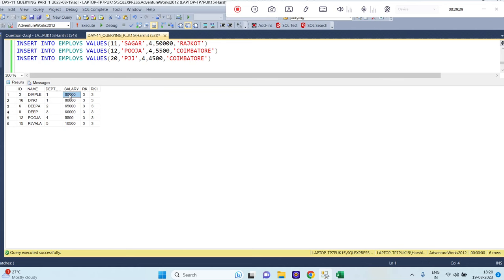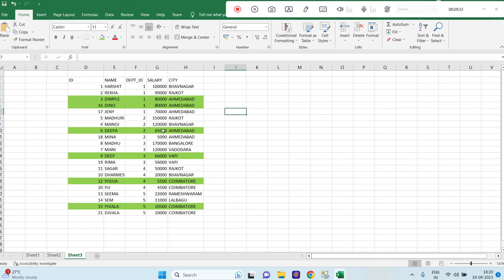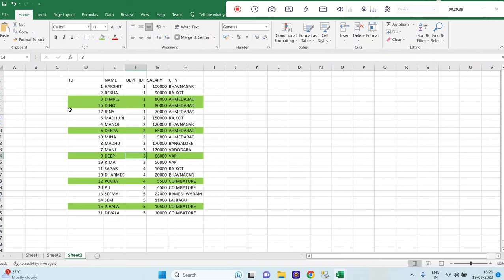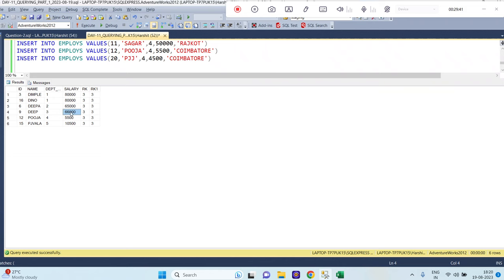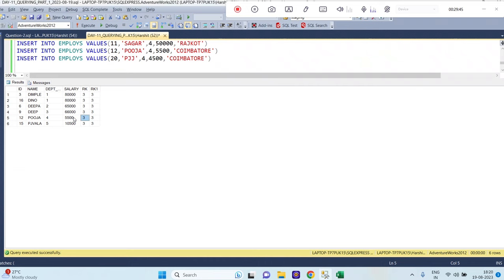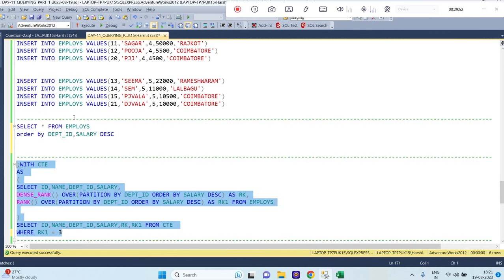Right, 80,000 is coming two times, then 65,000 in department ID 2, 66,000 in department ID 3, 5,500 in department ID 4, and 10,50 in department ID 5. So we have done this using this method,